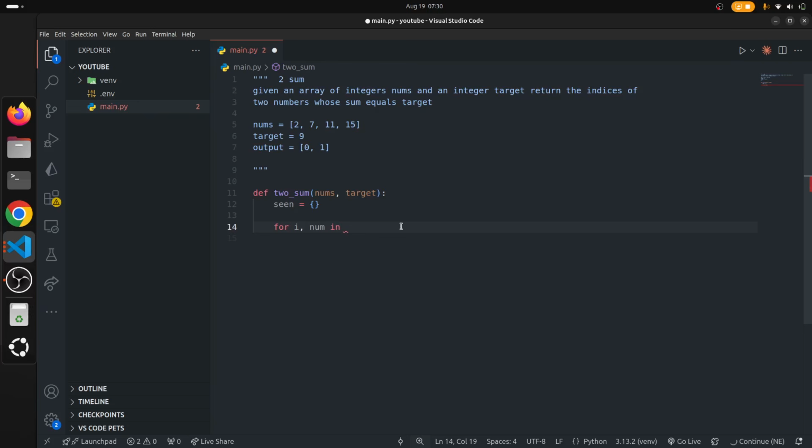So let's see, seen, and for i, num in enumerate nums, and here is the difference, diff equal to target minus num. Okay, so we'll get our number, and if diff is in the seen,